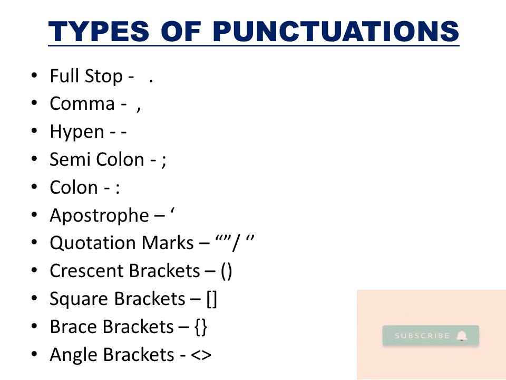Then comes apostrophe. Normally we call it apostrophe S. Mostly apostrophes are used with S, suppose we write do's and don'ts, right? If you want to make it plural from singular, or if you want to signify that this is this person's, Rohan's or Ram's or anything, at that point of time we use an apostrophe.